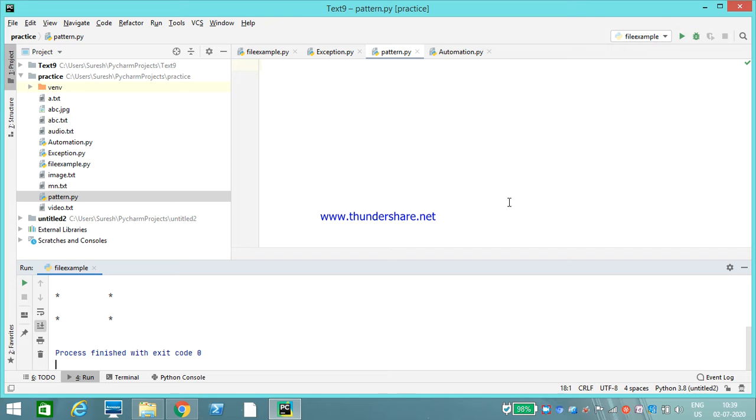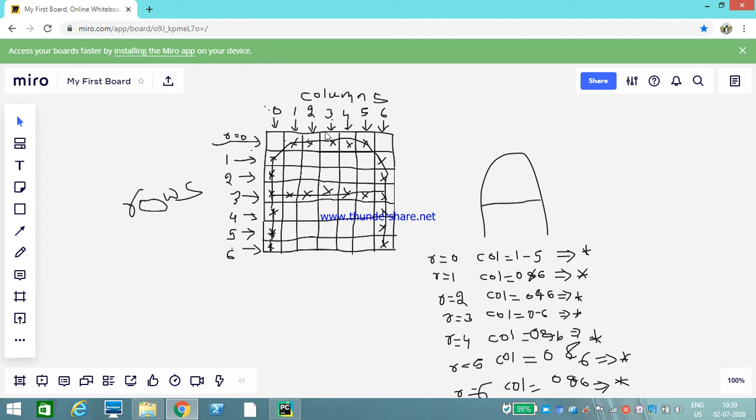Okay. First of all, I will show how to print a character, like how to print stars in a character. The first character in the alphabet is called A, right? Capital A. So I will show you how to print character A using stars. Before going to do the program, let's think how it will work. Here I am taking 7 rows and 7 columns to print A. If you want the size of A to be more, then you can take more columns and more rows.